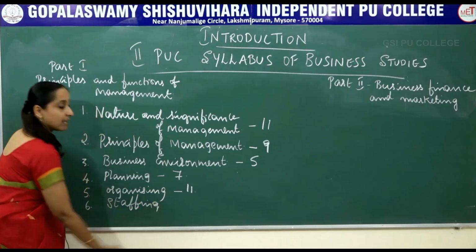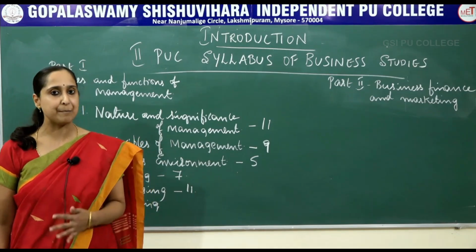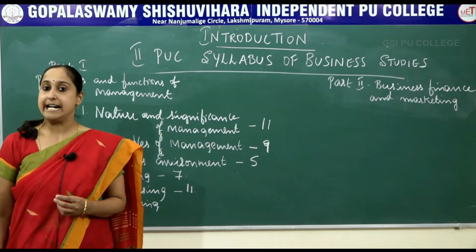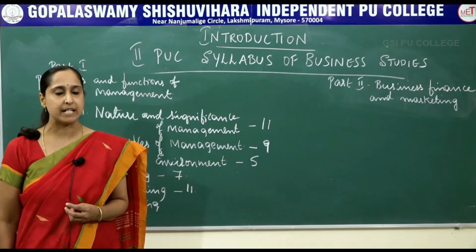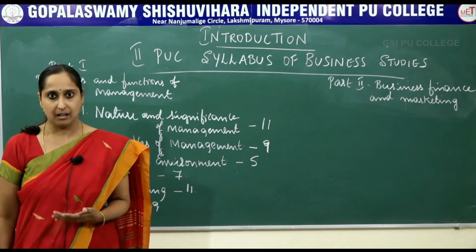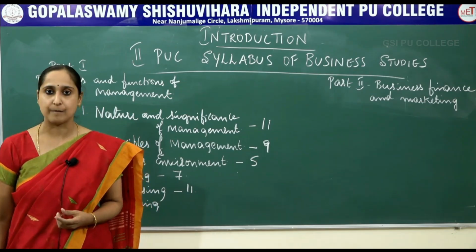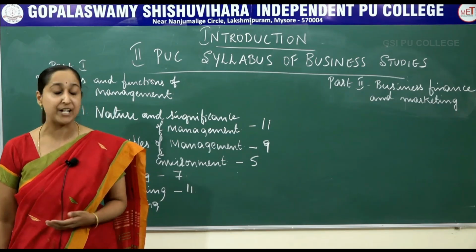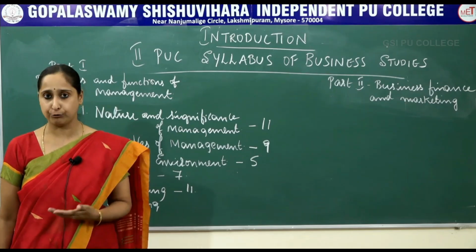Next is staffing. So what is staffing? Staffing is selecting the right person for the right job. In staffing, there are various topics like recruitment, how recruitment is done, and selection. Selection means how various types of interviews are conducted, what are the tests which usually companies conduct to recruit the employees, selection process, placement, training, orientation. In training, you have again types of training, that is on the job training and off the job training.